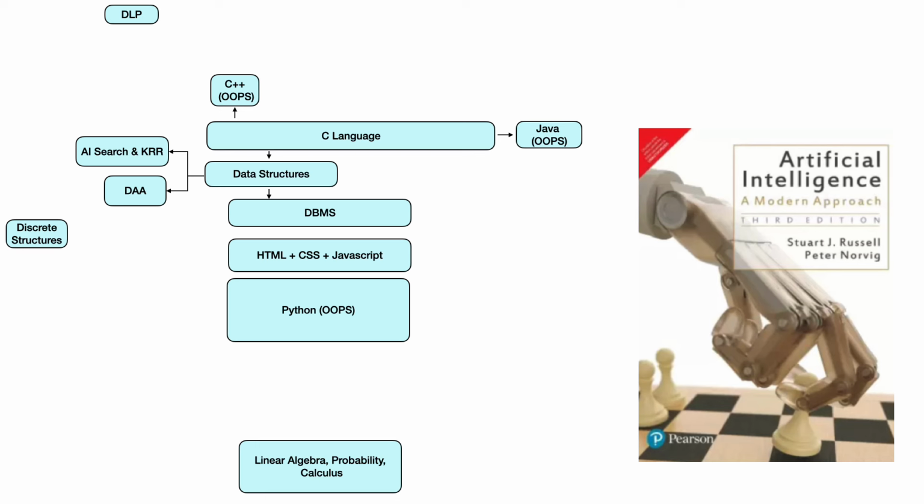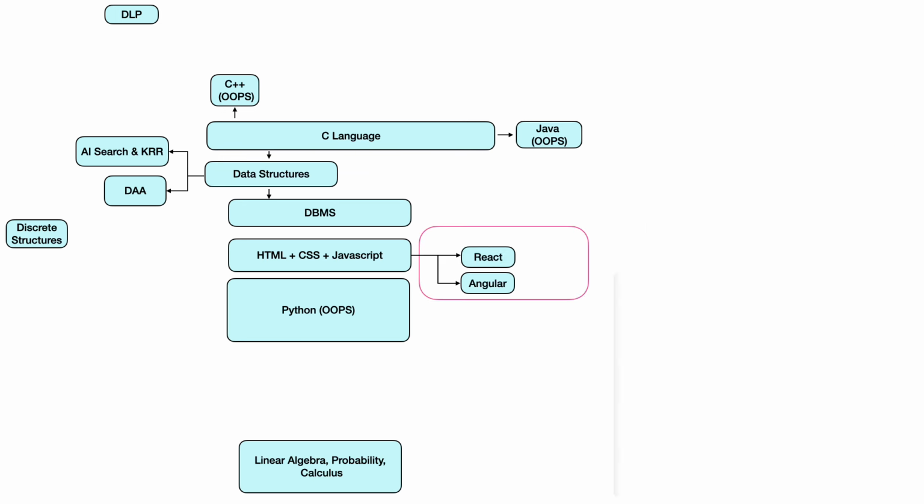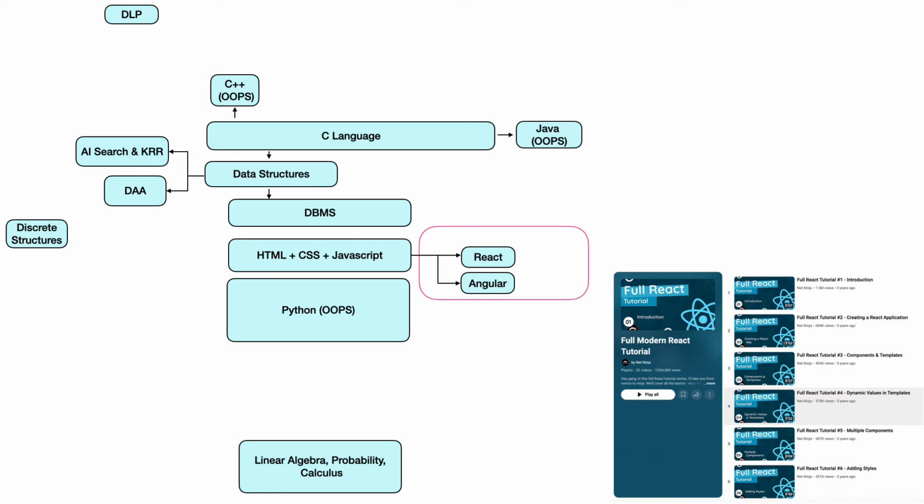And knowledge representation and reasoning is about how propositional and predicate logic can be applied for understanding language, sentences, etc. So this is about AI search and KRR. Then comes